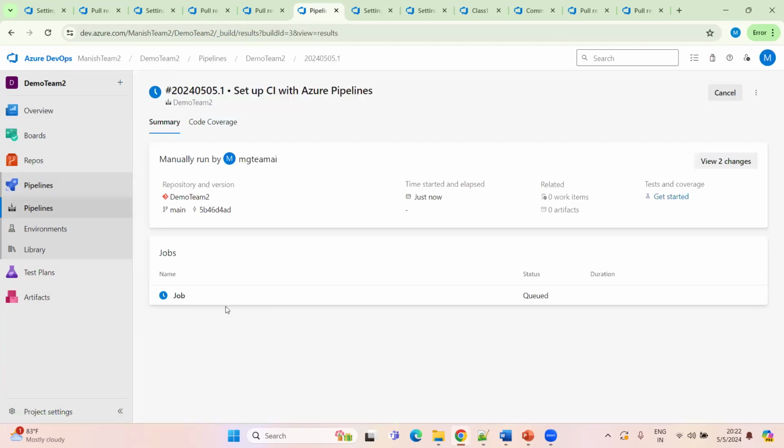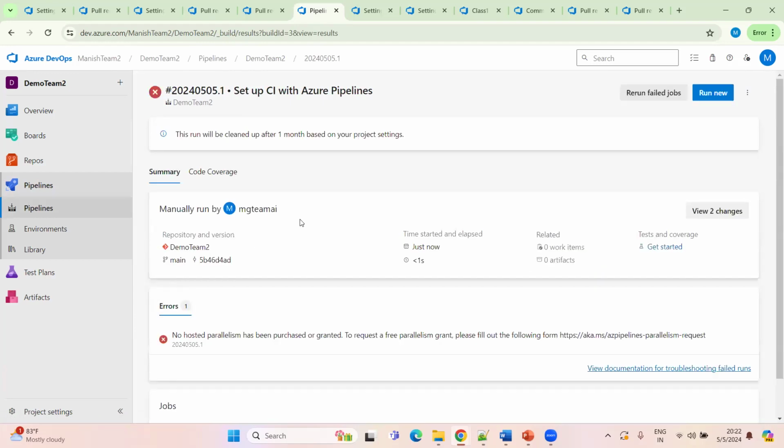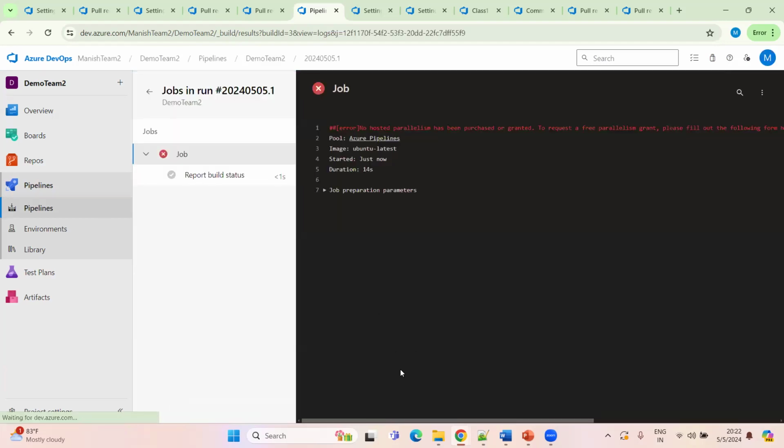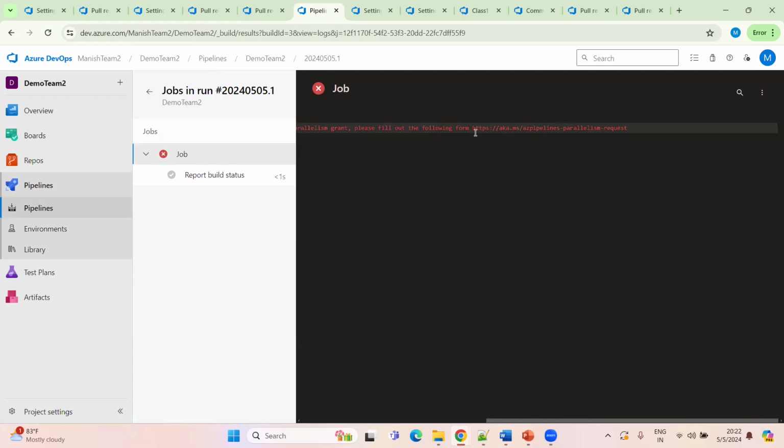So when we trigger it, it will not allow it if the setup is not already done. You can see the message: has been purchased or granted. To request a free grant, please fill out the following form from this link. So what we need to do, again, the same error message we can see here. You just need to copy this link